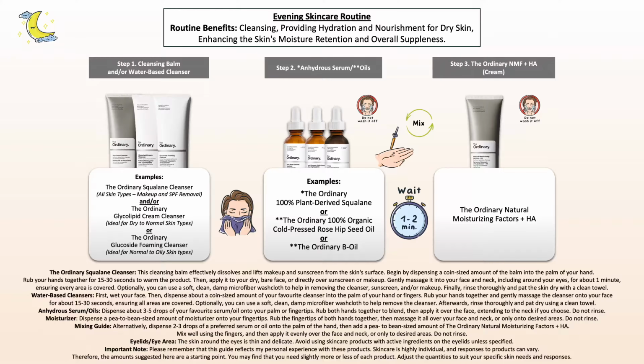For the second example, I've included some of The Ordinary's popular plant oils, and while I couldn't cover all of them in these PowerPoint routines, the same principles apply to all the oils they currently offer. Now, technically speaking, plant oils, especially those offered by The Ordinary, have a smaller molecular structure. This allows them to penetrate the top layers of the skin more effectively than creams, and therefore applying them before The Ordinary Natural Moisturizing Factors with Hyaluronic Acid is beneficial. This ensures that the plant oils are absorbed before the creams create a light barrier on the skin, as such a barrier could potentially hinder further absorption, making the oils less effective.